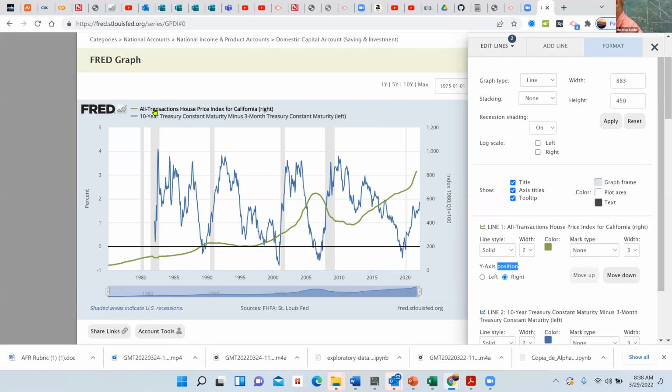But do you see what I'm trying to find? I'm trying to look at where did it actually dip negative? And you see it started to flirt with negative territory as housing price was actually slowing down. And then right at the peak is when it dipped negative. You see, housing prices slowed.